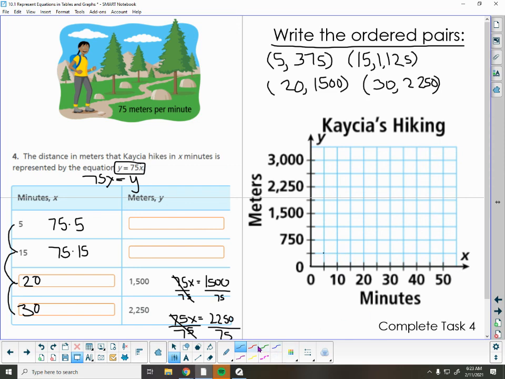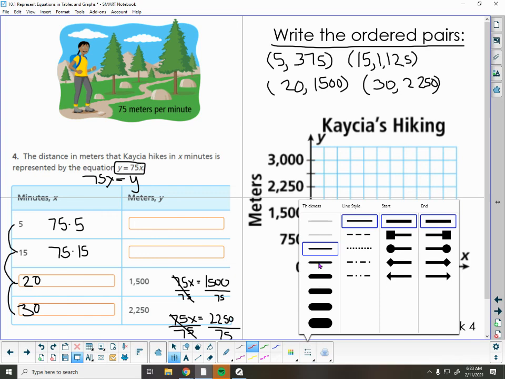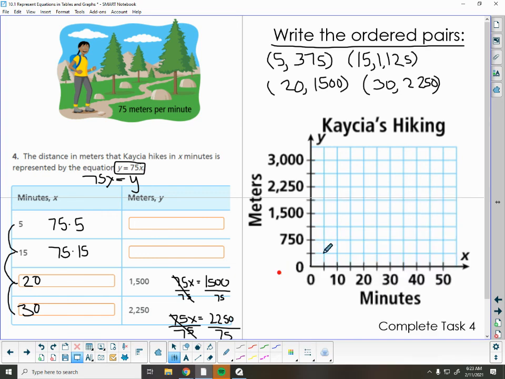So let me get a different color so I can see that a little bit better. Okay, so we're going to say they went over 5 minutes to 375. So I've done this one. So now I need to go over 15, up 1,125. So over 15, up to 1,125. So I've done that one. So over 20, up 1,500. So over 20. Oh, that's a nice one. Right on that line there,